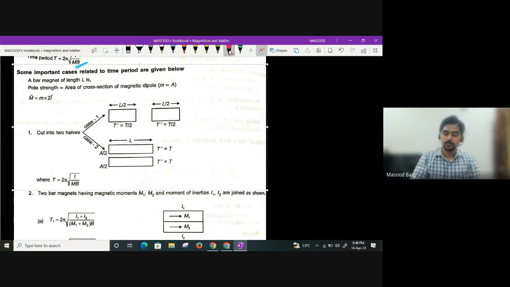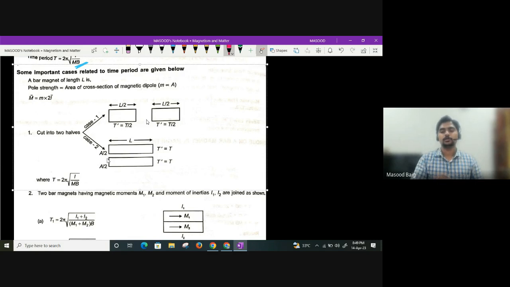So always remember, whenever you are cutting it vertically, what will happen? Magnetic position is changing? No. Area is changing. So obviously the magnetic dipole moment will also change. But please understand, whenever you are cutting the bar magnet perpendicularly into equal halves, guys, the time period will become equal to T divided by n. Time period will get reduced, guys. Clear, all of you? Whereas in this case,